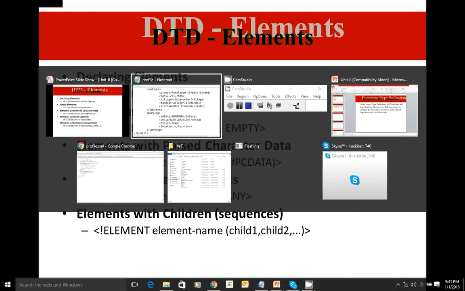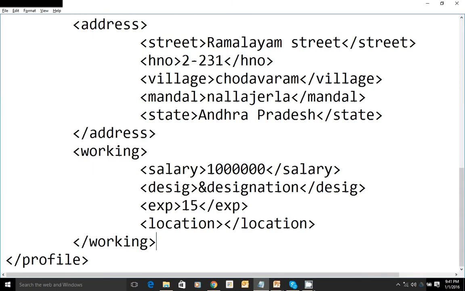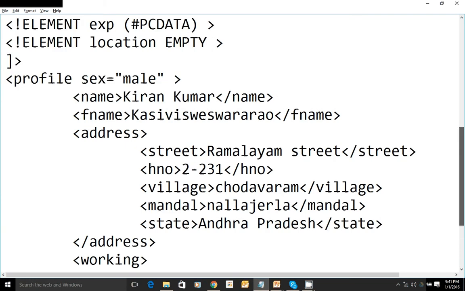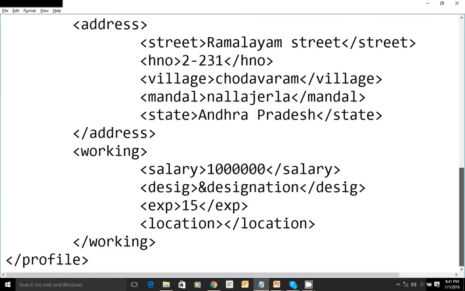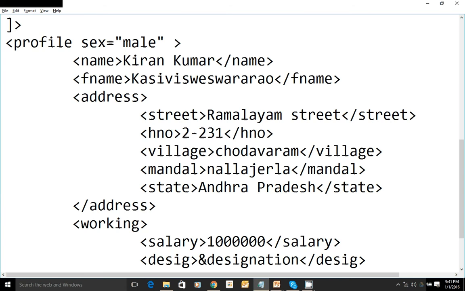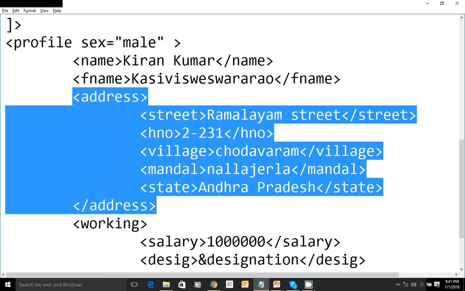Coming to these, children may repeat any number of times. For example, if you see this address element, it may repeat more than one time, because we do have permanent address, temporary address, all those.